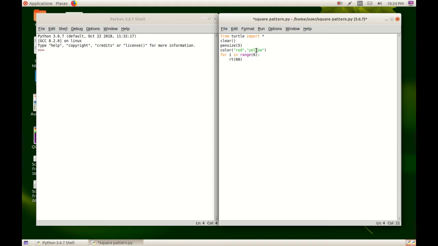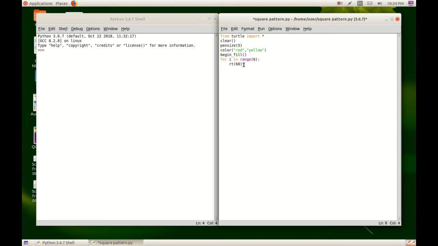Okay. After that, we have to write the command begin underscore fill and closing the bracket. After that, the first loop.